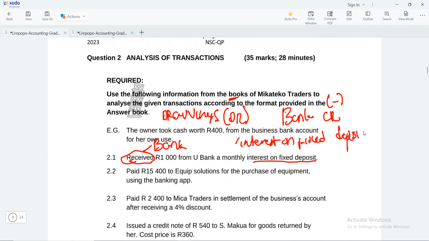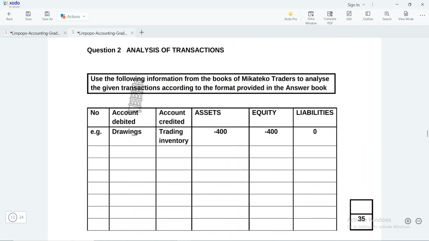now remember, I said the accounting equation is based on double entry. So the bank account will have to be debited because assets increase on the debit side, and interest on fixed deposit will have to be credited because our incomes increase our owner's equity. So we are going to record this in this manner. So number one, they will normally ask you to write which account we are going to debit, which account we are going to credit. So for 2.1,